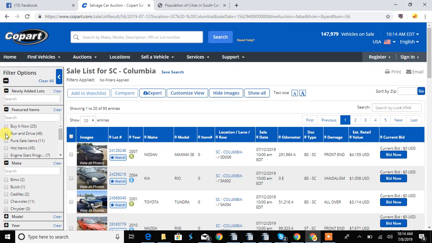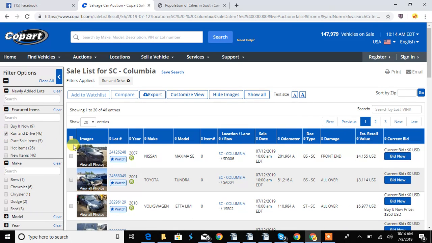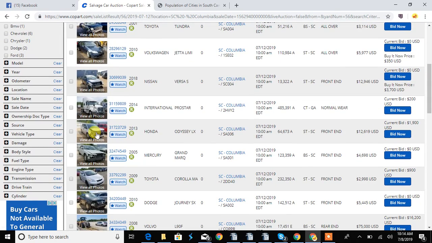We always pick runs and drives. We want to make sure we get cars that run and drive, because most of the general public does not want a vehicle that's damaged really bad and that they can't drive. So click on Run and Drive, and that will filter it. As we scroll down, you don't want to use stuff like this that has a lot of damage to it. You want to stick with